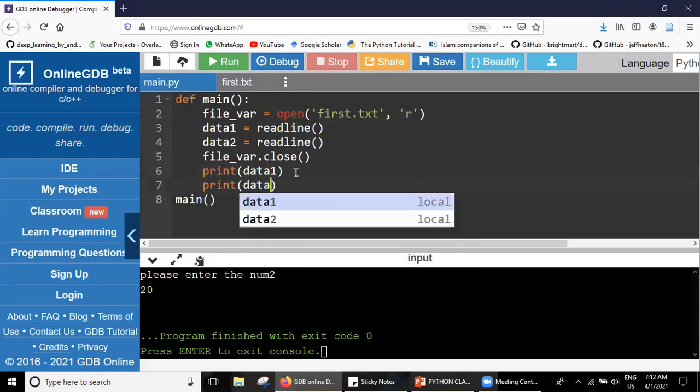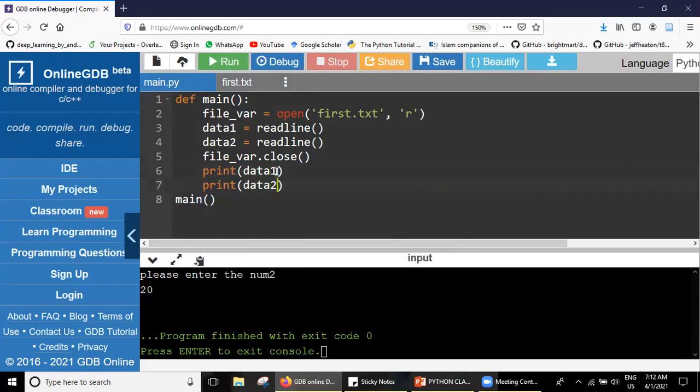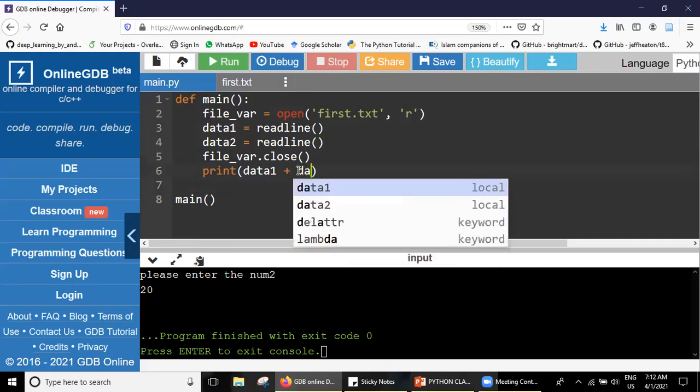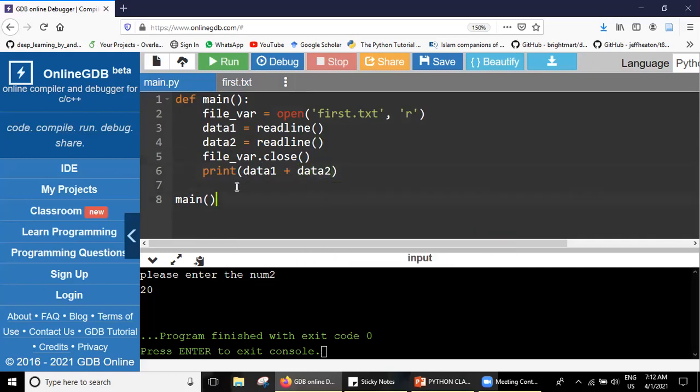Okay, 10 and 20. In the printing, instead of giving the slash n, I want to give data 1 plus data 2. I am expecting it to give me the addition of number 1 and number 2.